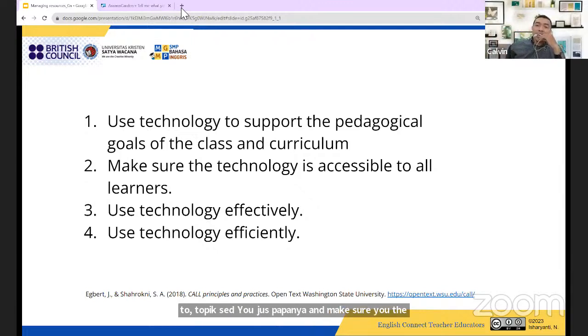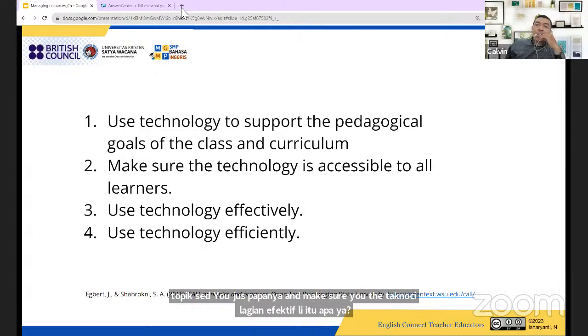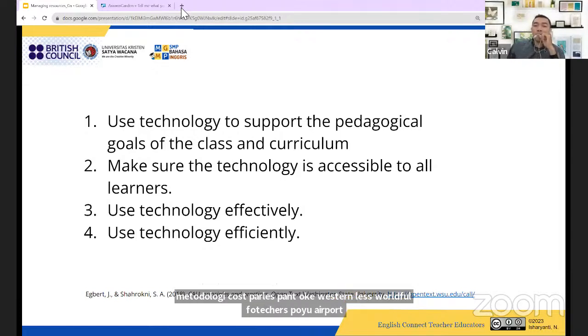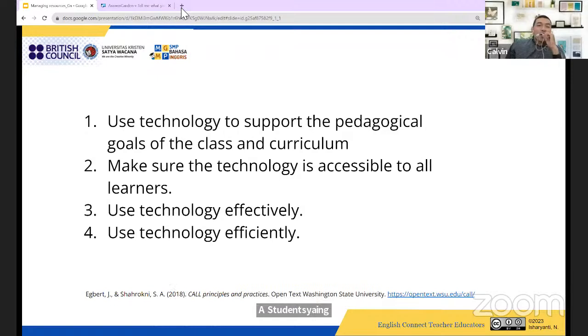Okay? And efficient meaning that by the use of the technology you can help your students to meet the learning goals in less time. Less time, less work for teachers, for you and for your students, Ibu Bapak. Okay? All right, so that's all a little bit about the theories